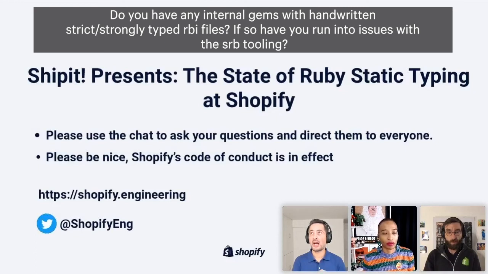We have a few internal gems and a few teams that have been working on those internal gems that have gone all the way to type strict. They wanted to build their gems using Sorbet from day one, and they wanted nothing less than type strict, where type strict means that you need to put a signature on top of all of your methods, and if you don't have a signature on any of your methods, then Sorbet will complain about it. So we have some gems that do that,